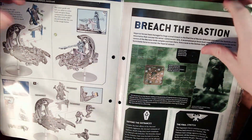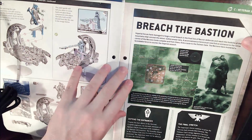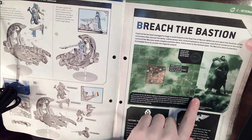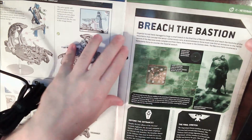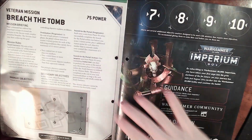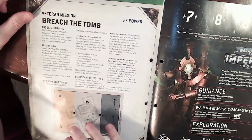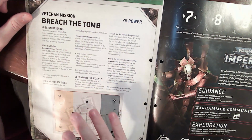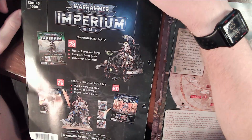this. We have Breach on the Bastion. This is Necrons attacking the Imperials. I'm sorry, no, it's the other way around. Necron defenses from the Imperials. Sorry about that. See, the mission is, of course, breach the tomb. This one is actually pretty fair. It's not too balanced. Well, it's more balanced, but not pushy one way toward the...